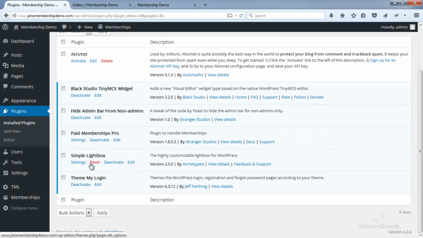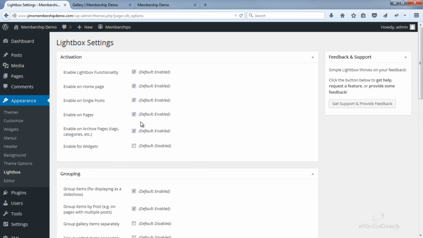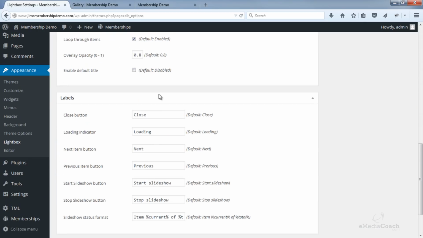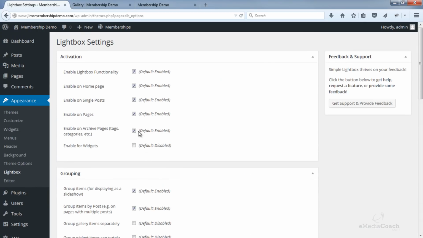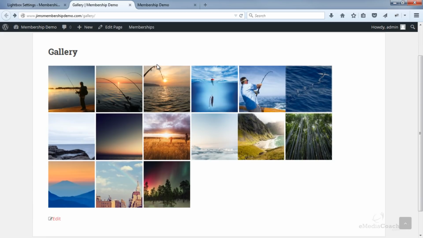Now there are a few things you can do with this Simple Lightbox. You can look at the settings in your own time. I won't go through all of this, but you can customize this particular plugin, but I'll show you what it actually does. If I refresh this site,